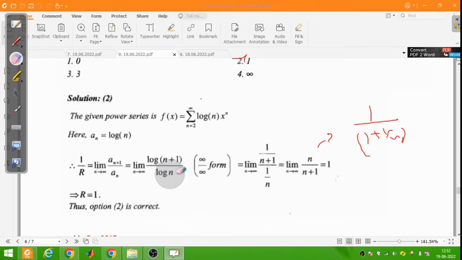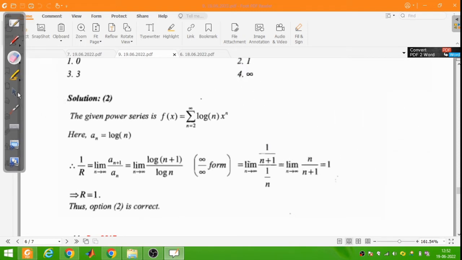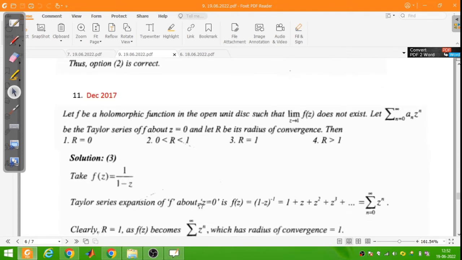Yes, sir. Whenever you have an indeterminate form, you apply the L'Hopital rule, then you have to find the limit. That is one logic there. Next,